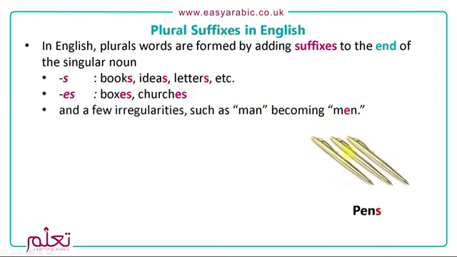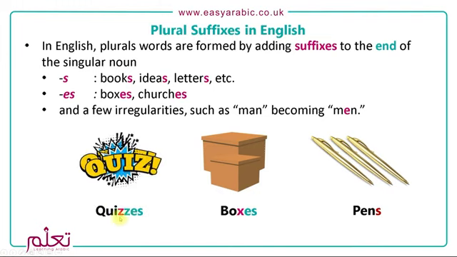Okay, so the examples, we've got pen, which has got the S. Then we have boxes, which has got ES. And then we have some words where before the ES can be added, the letter before it must be doubled. So here we've got quizzes. Okay,